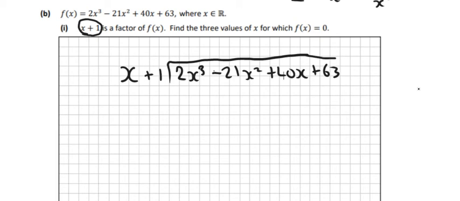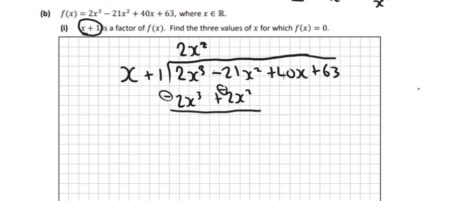So x into 2x cubed will go 2x squared times, and then we're going to multiply, so 2x squared times x is 2x cubed, and 2x squared times 1 is 2x squared, so plus 2x squared. Then we're going to subtract from it, subtract both of them, so they'll cancel out, and then we're going to get minus 23x squared here, and I'm going to bring down the 40x, so plus 40x,